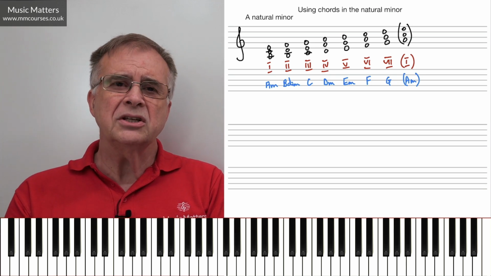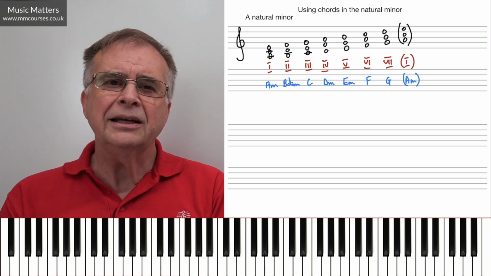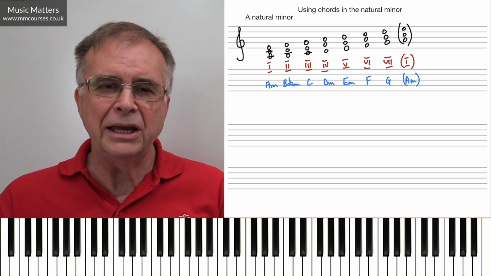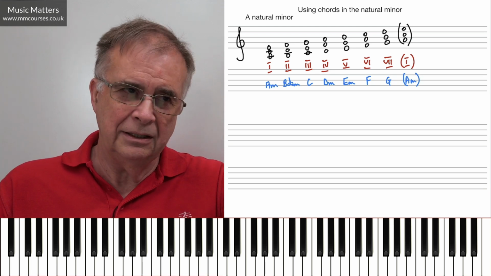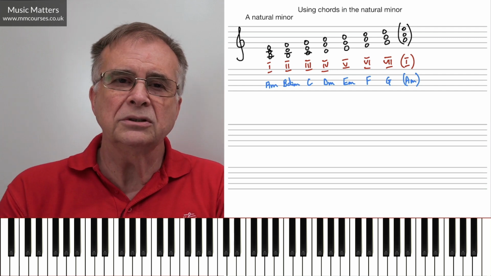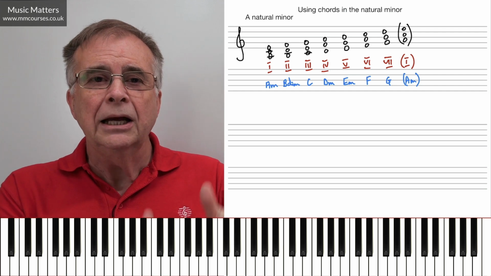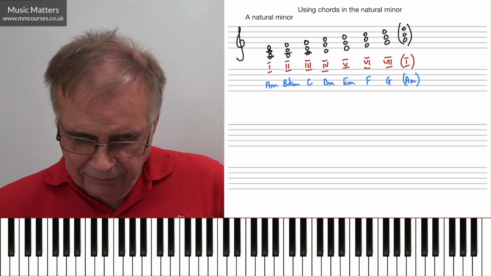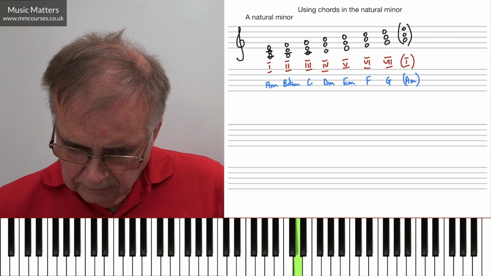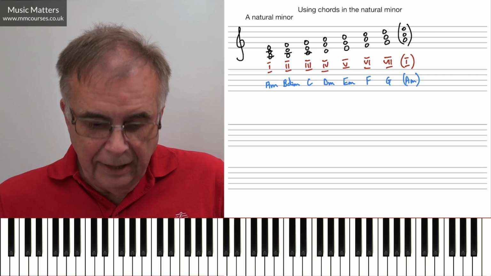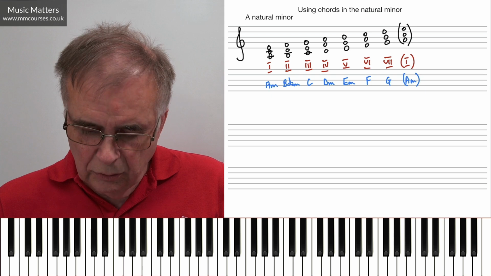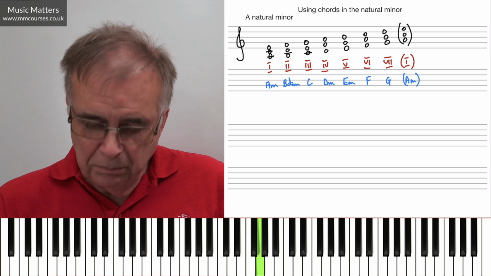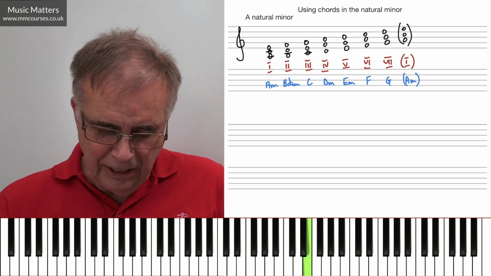Well, if I was going to use a scale of D natural minor, I'd have to think of it like this. D minor is related to F major because every minor key has a major that's related to it, and of course vice versa. Why are they related? Because they use the same key signature. So F major uses a B flat. Why does it use a B flat? Because all major scales go tone, tone, semitone, tone, tone, tone, semitone. So we end up with a B flat in F major.